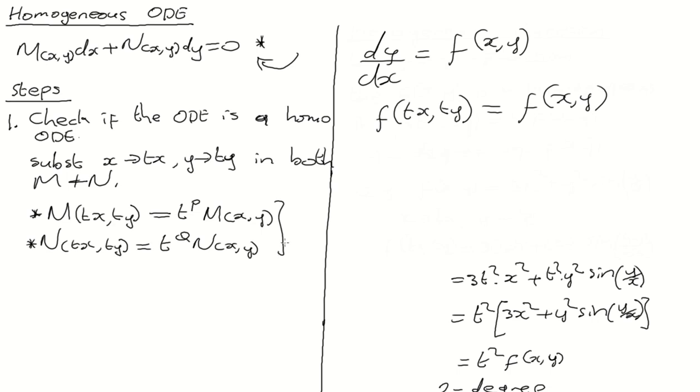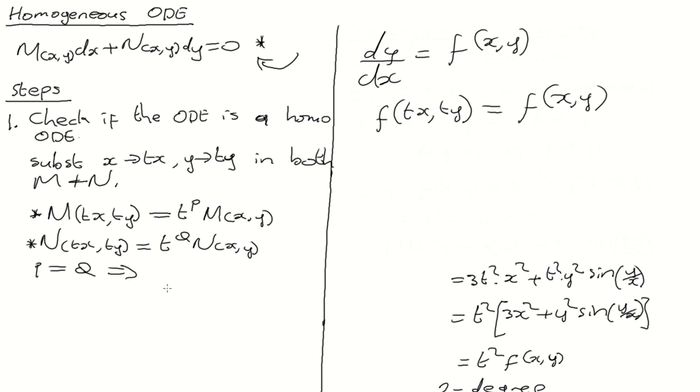So if this is the case, it means both m and n are homogeneous functions of p and q degrees. And then what is important is that if p is equal to q,